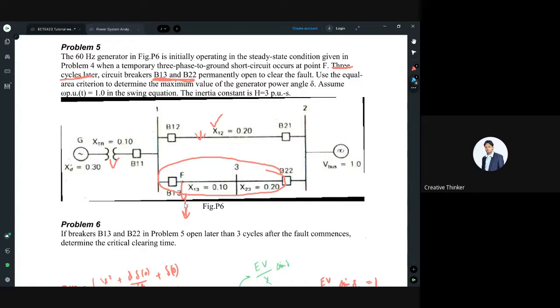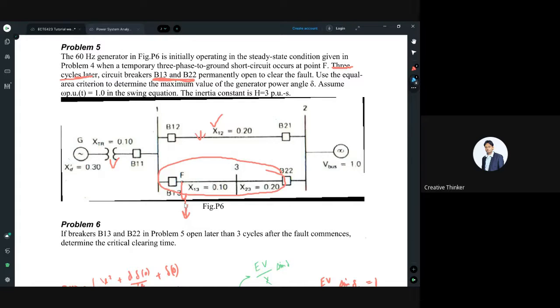So for the pre-fault condition, you write the equation. What is the power transfer equation during pre-fault condition? Then during fault condition, what is the equation? Here a fault has occurred at bus 1, so the voltage has become 0. So at this particular condition, the power transferred is 0 during the fault. No power is getting transferred during the fault.